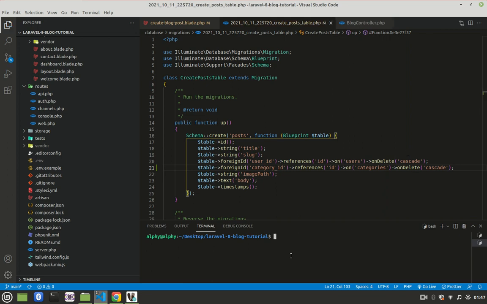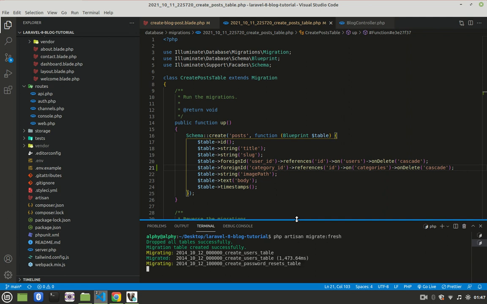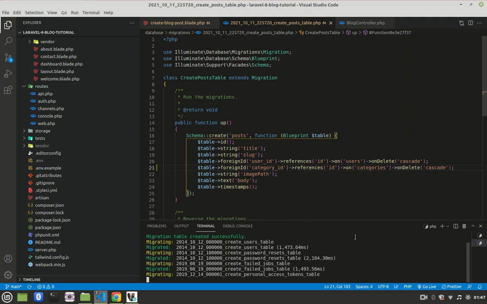So to create the table, we'll have to run the migration. So we'll come here and say PHP artisan migrate. Then I'll migrate fresh, and what this will do is that it will drop all the migrations and run them again. So press enter, and then let's wait for it to run. So all tables are dropped successfully. Okay, still waiting to finish all the tables,